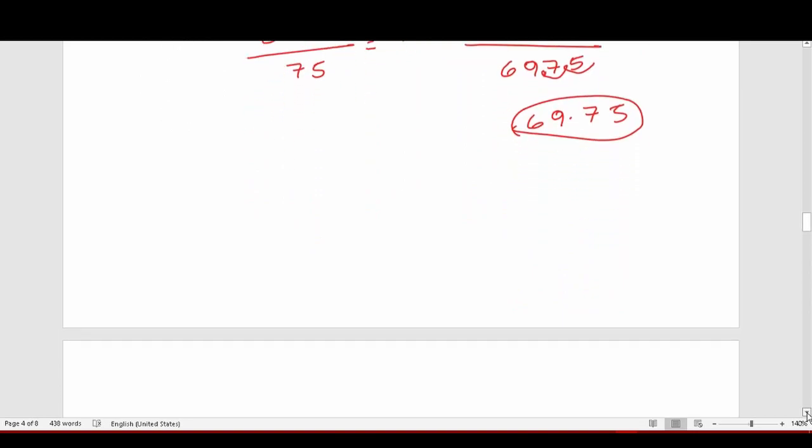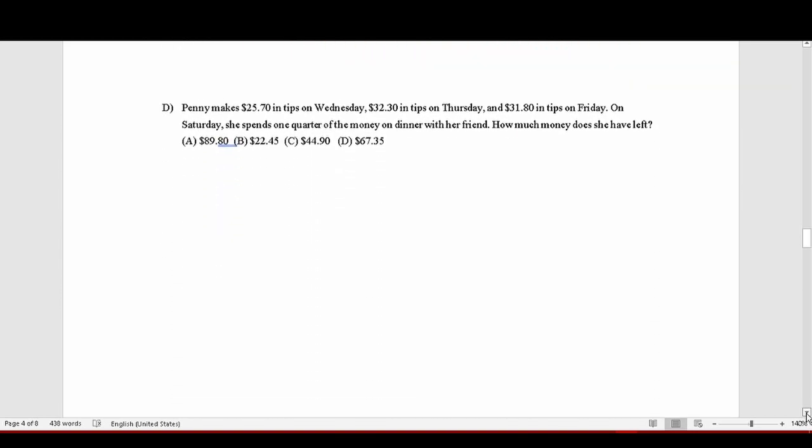Let's see if we have another example to do. We do. Penny makes $25.70 in tips on Wednesday, $32.30 in tips on Thursday, and $31.80 in tips on Friday. On Saturday, she spends 1/4 of the money on dinner with her friend. How much money does she have left? So over the course of 3 days, she made